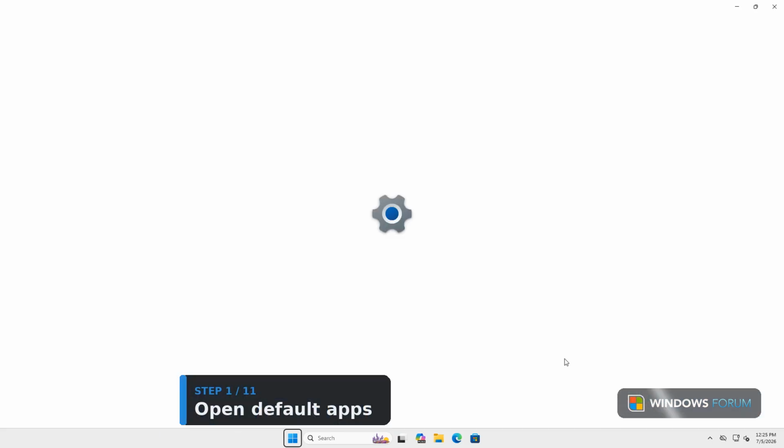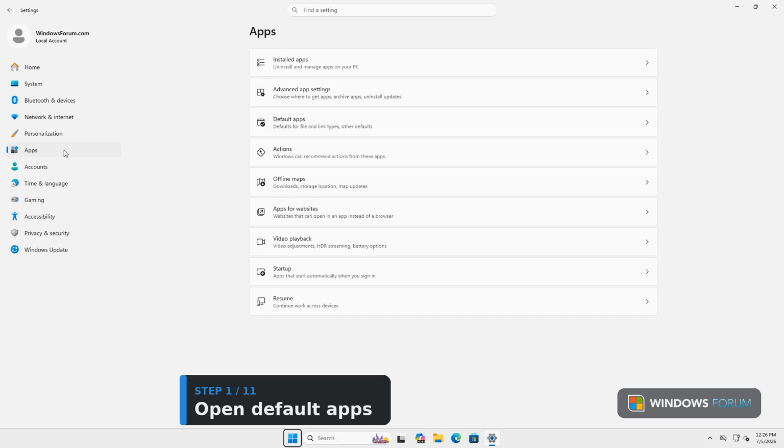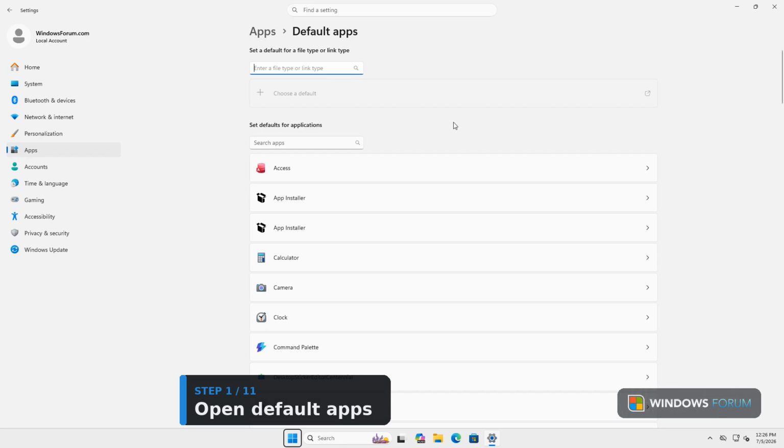First, you need the Default Apps area because that's where Windows lets you assign file types to specific programs. You can see Settings open, then Apps, then Default Apps, which is the right place to manage those associations. If you don't land on the right page, use the search box inside Settings or back out and open Apps